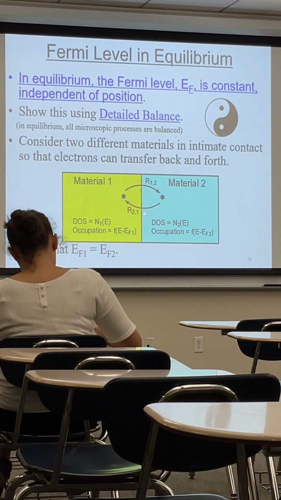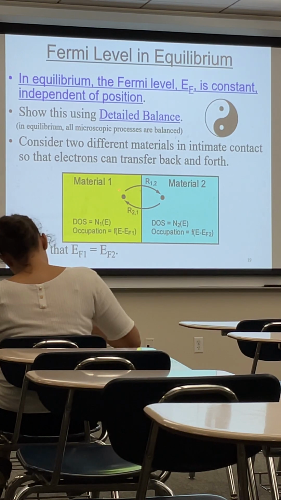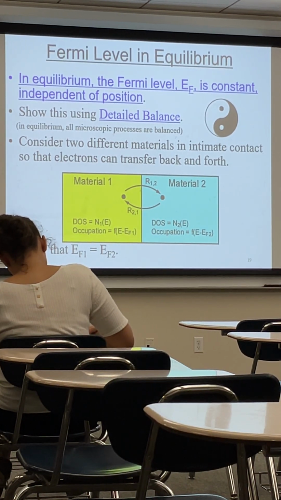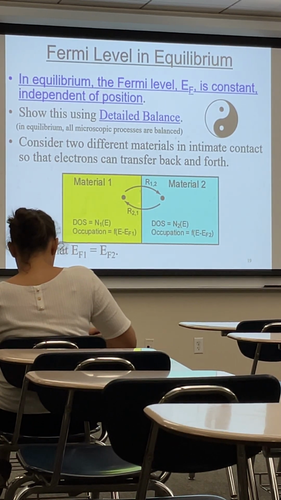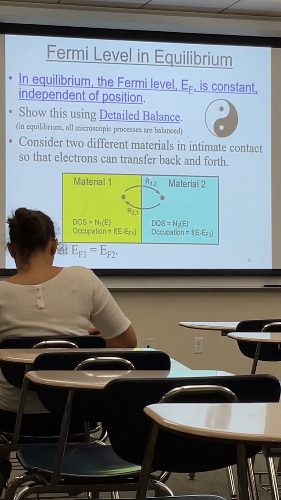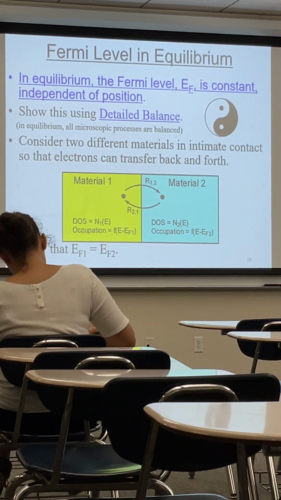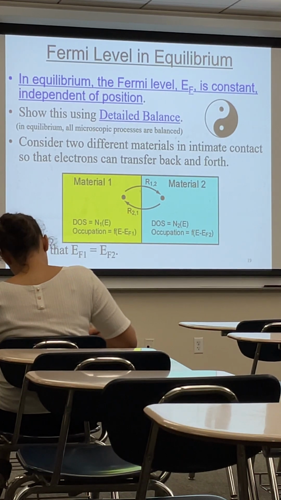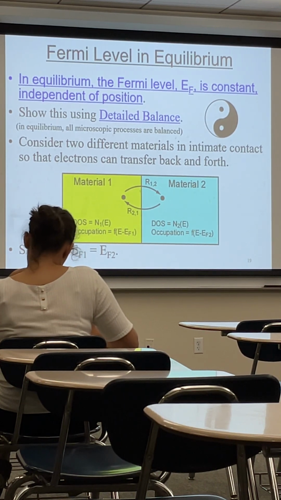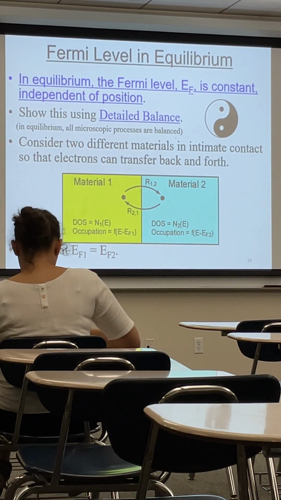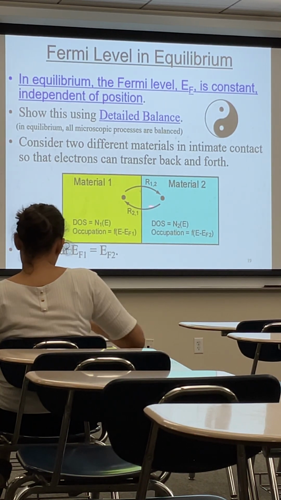This is the transfer rate from material 2 to 1, and this is the transfer rate from 1 to 2. So if everything is balanced, then these transfer rates will be the same. R12 should be the same as R21. So this is the equilibrium position. Everything is balanced. Now, with that, let's try to prove that